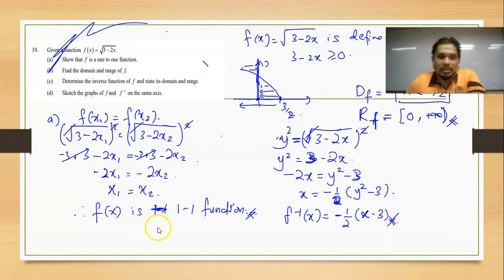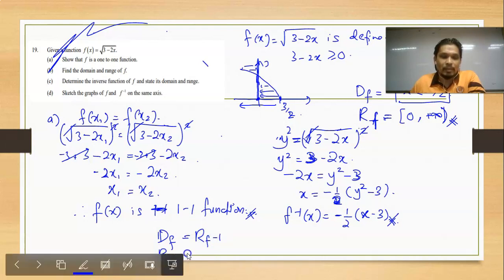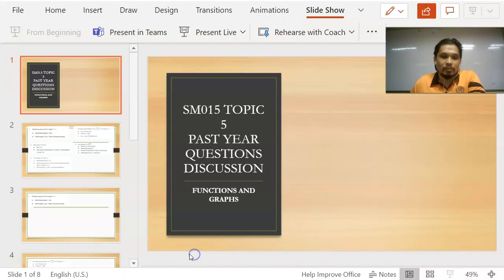Class, as we know, the domain of f is also equal to the range of f inverse, and the range of f equal to,